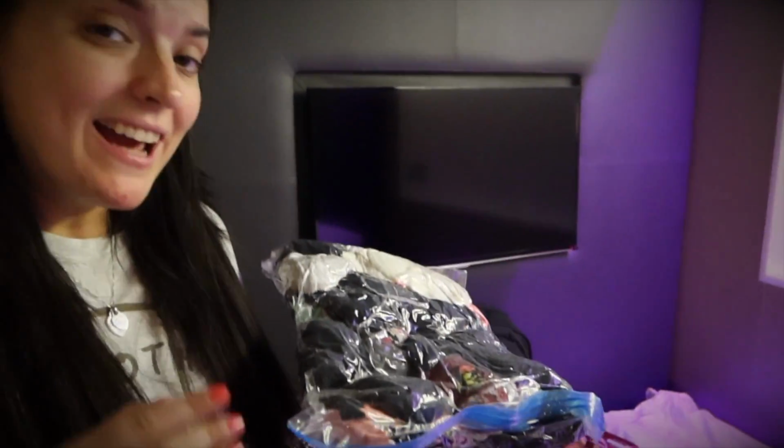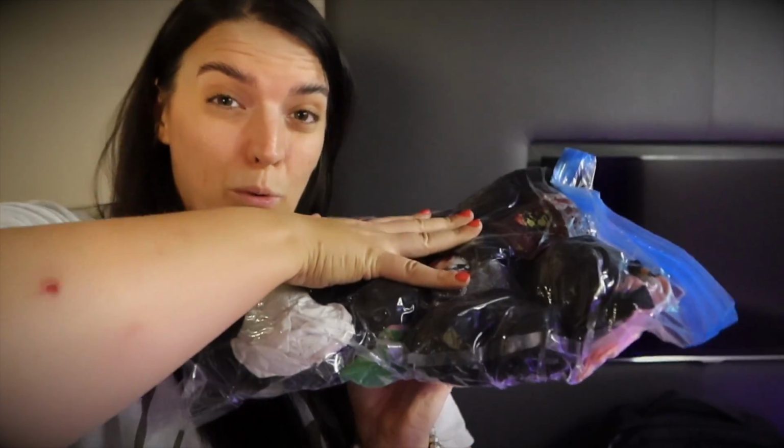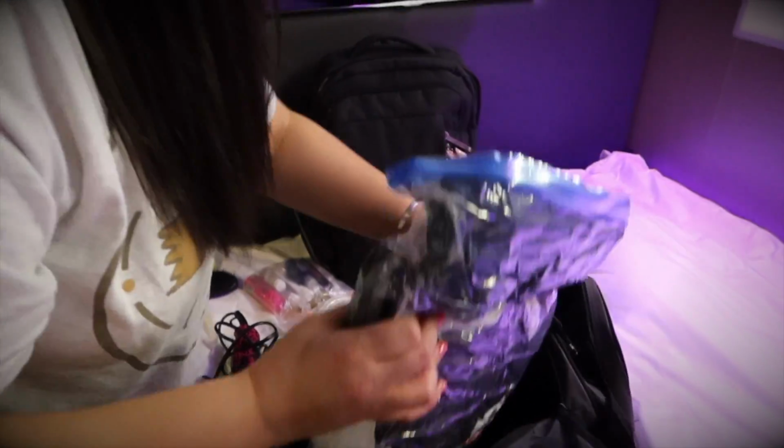I've also got a vacuum pack because I did have these in those compression cubes. But those compression cubes are really good for when you're checking in luggage and stuff. And when we were testing both of these out, we realised these actually reduce more in size than the other ones. So we thought, we'll do it this way. So got both of our socks in there and underwear and all that lot. And then this is my